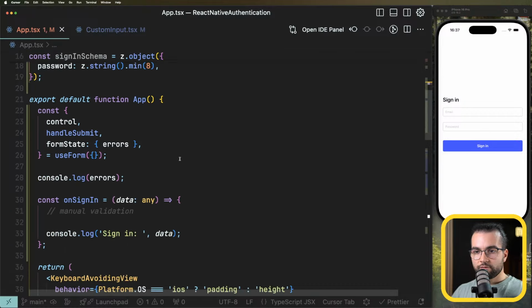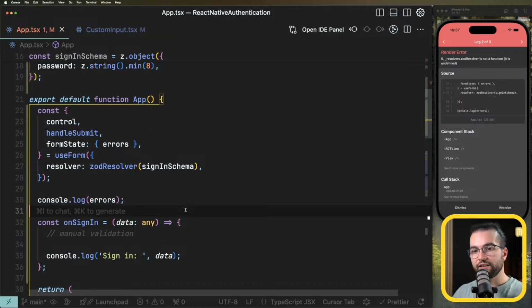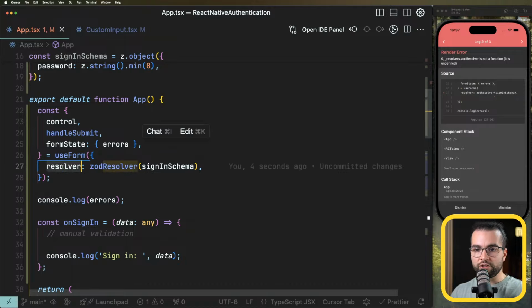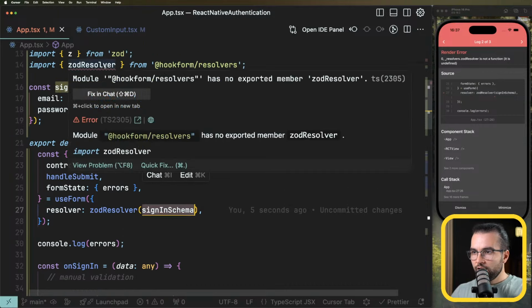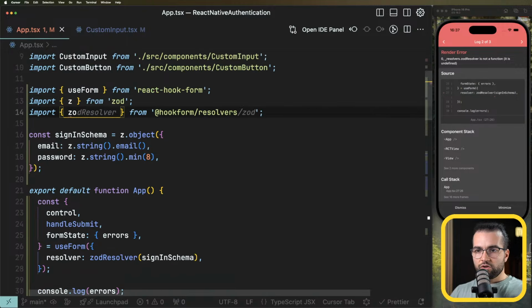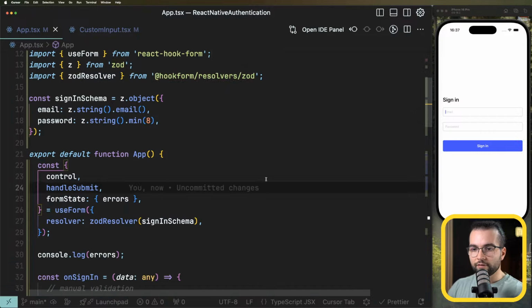Now, when we define our form, we specify how it should resolve values, how we should handle the values. So resolver, we're going to use the zodResolver function, and we're going to send the signInSchema. How's it called? zodResolver? Is it? Yeah, so it's @hookform/resolvers/zod. Okay,